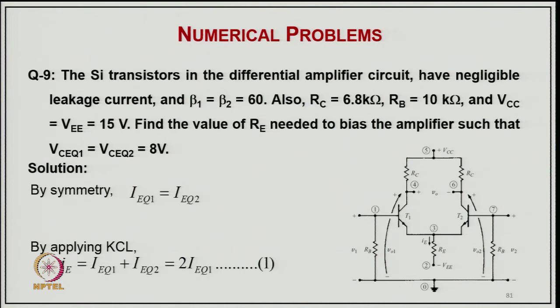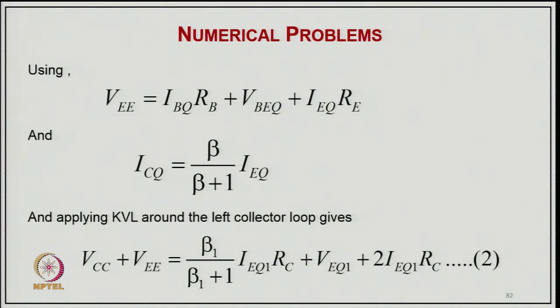By symmetry we can say IEQ1 equal to IEQ2, and by applying KCL, I equal to IEQ1 plus IEQ2 equal to 2 IEQ1, because both are identical. Using the loop voltage, VE equal to IBQ RB plus VBQ plus I RE, and from this equation we can find ICQ equal to beta plus 1 by I. Applying KVL around the left loop, VCC plus VBE equal to (beta 1 plus 1) IQ1 RC plus VQ